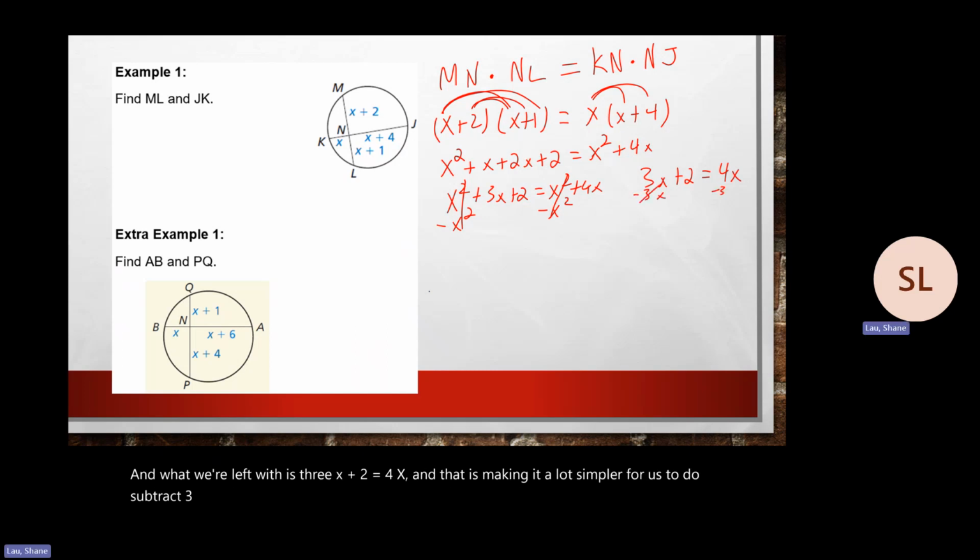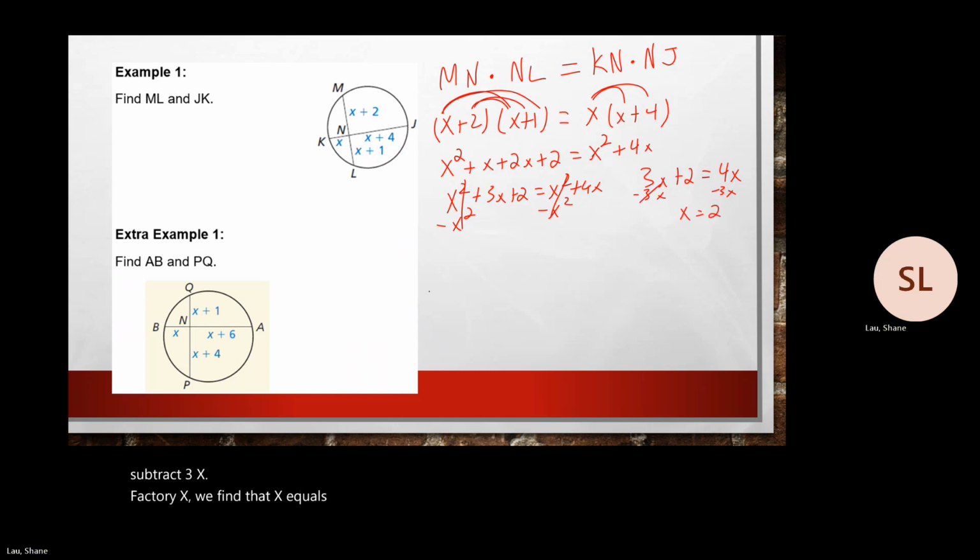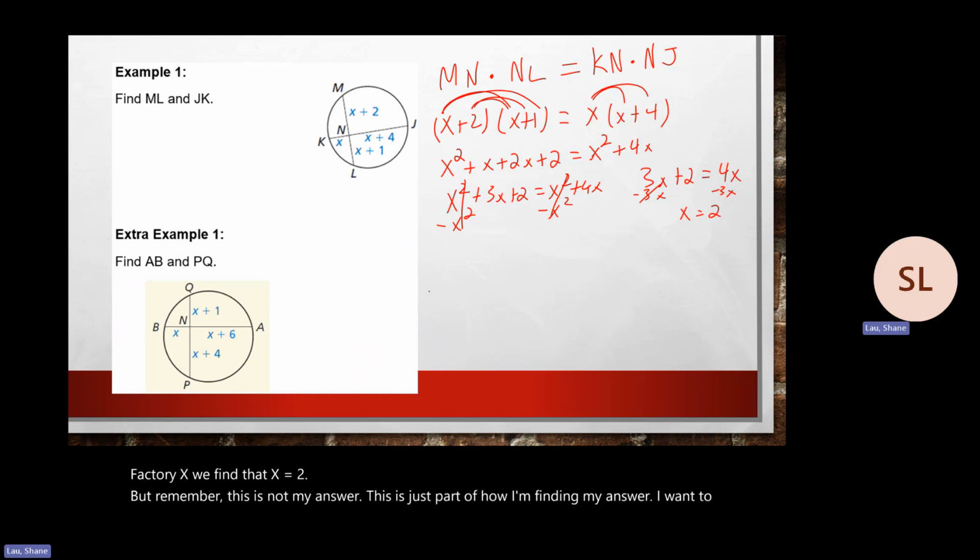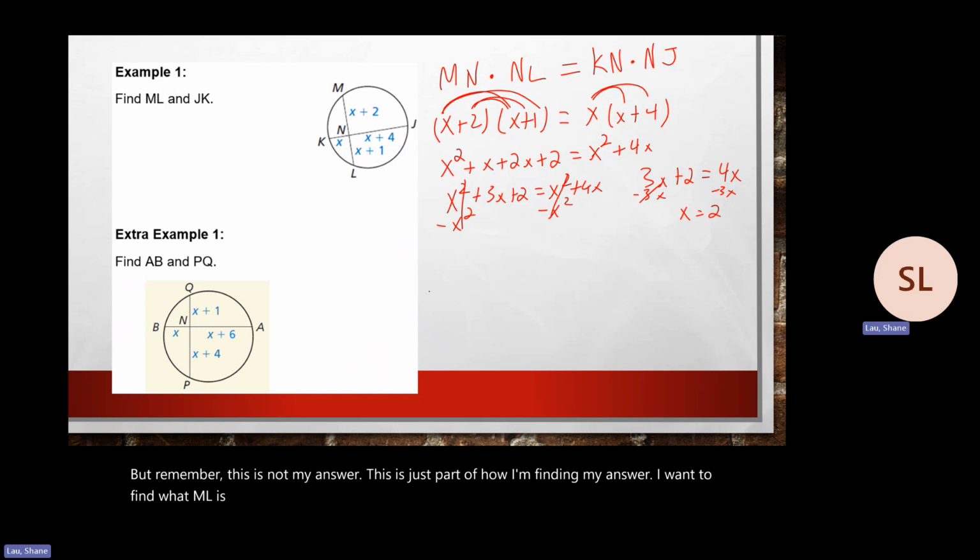Subtract 3x. We find that x equals 2. But remember, this is not my answer. This is just part of how I'm finding my answer. I want to find what ML is. Okay. ML, the chord,